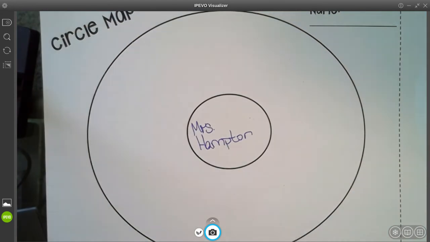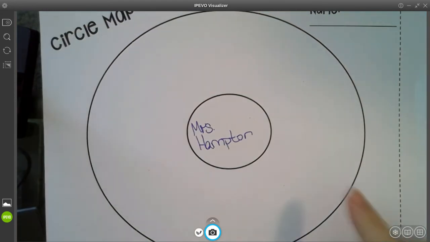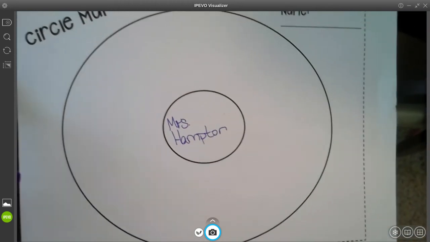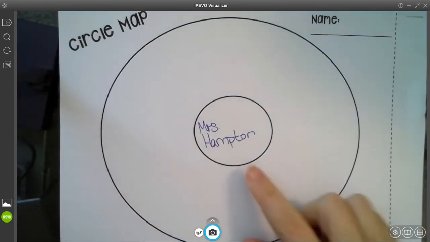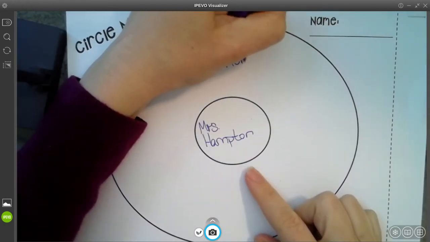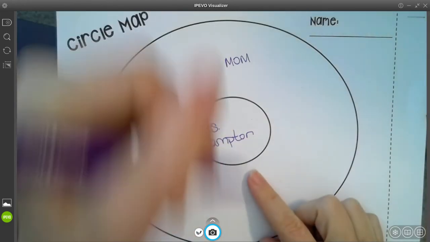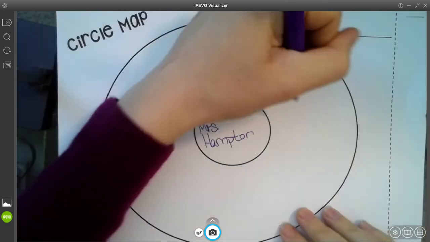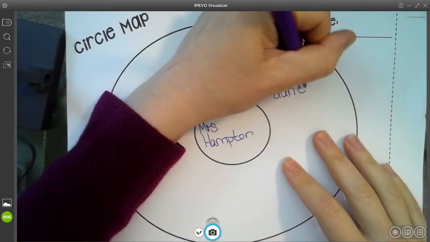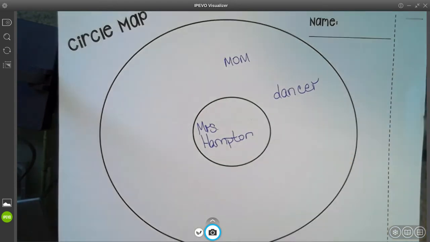And the exit ticket that we had said at least 7 nouns. So you can use it to create nouns that have to do with you, your family, your home, anything like that. So I'm going to think I am a mom. I'm not a professional dancer, but I'm going to put dancer. Because if there's music, you would probably find me on the dance floor.